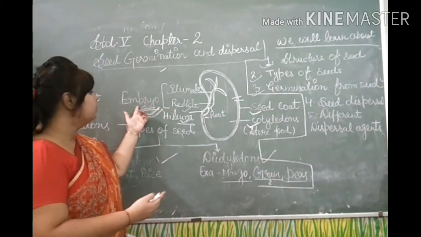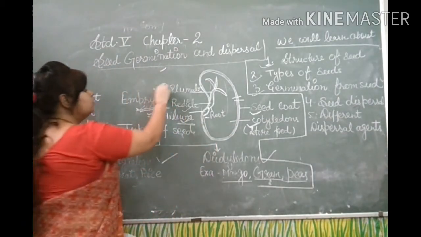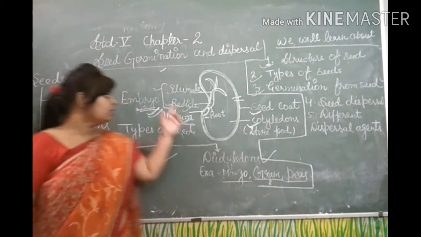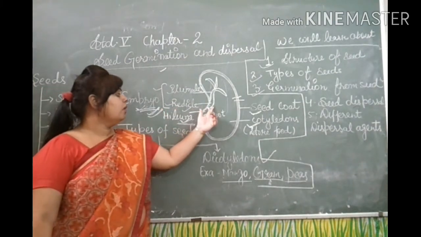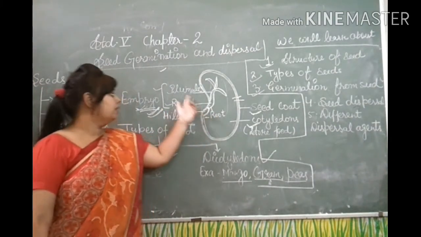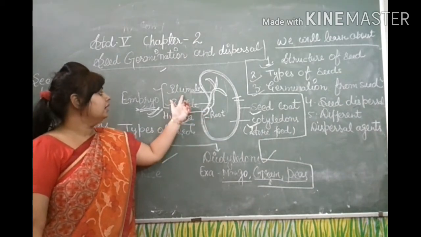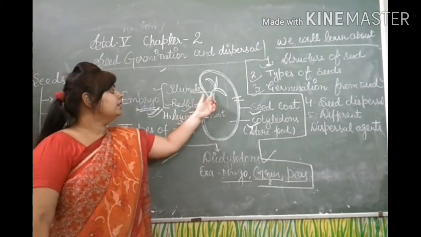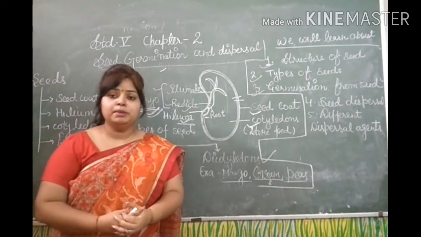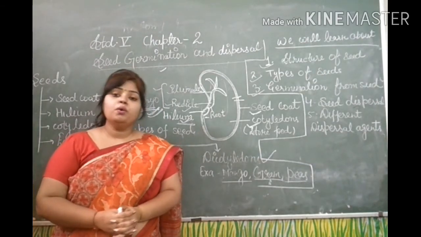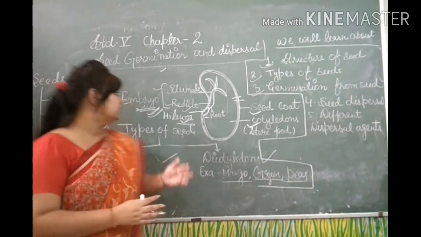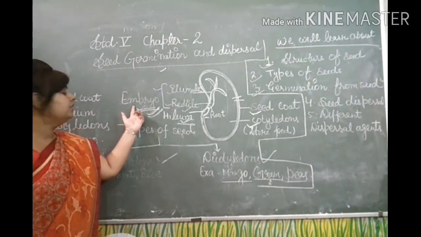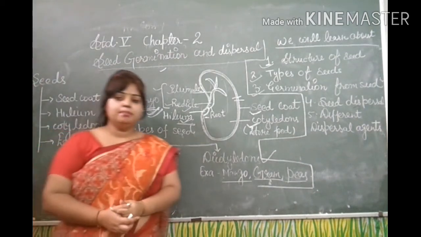Next is embryo. Embryo has two parts. First is plumule and second is radicle. Radicle grows and gives rise to a root portion. After the root arises, plumule will mature and give rise to a shoot portion. Whenever the shoots arise from a baby plant, it prepares its own food with the help of photosynthesis. Now, plumule and radicle both make up the embryo. Embryo is a baby plant.